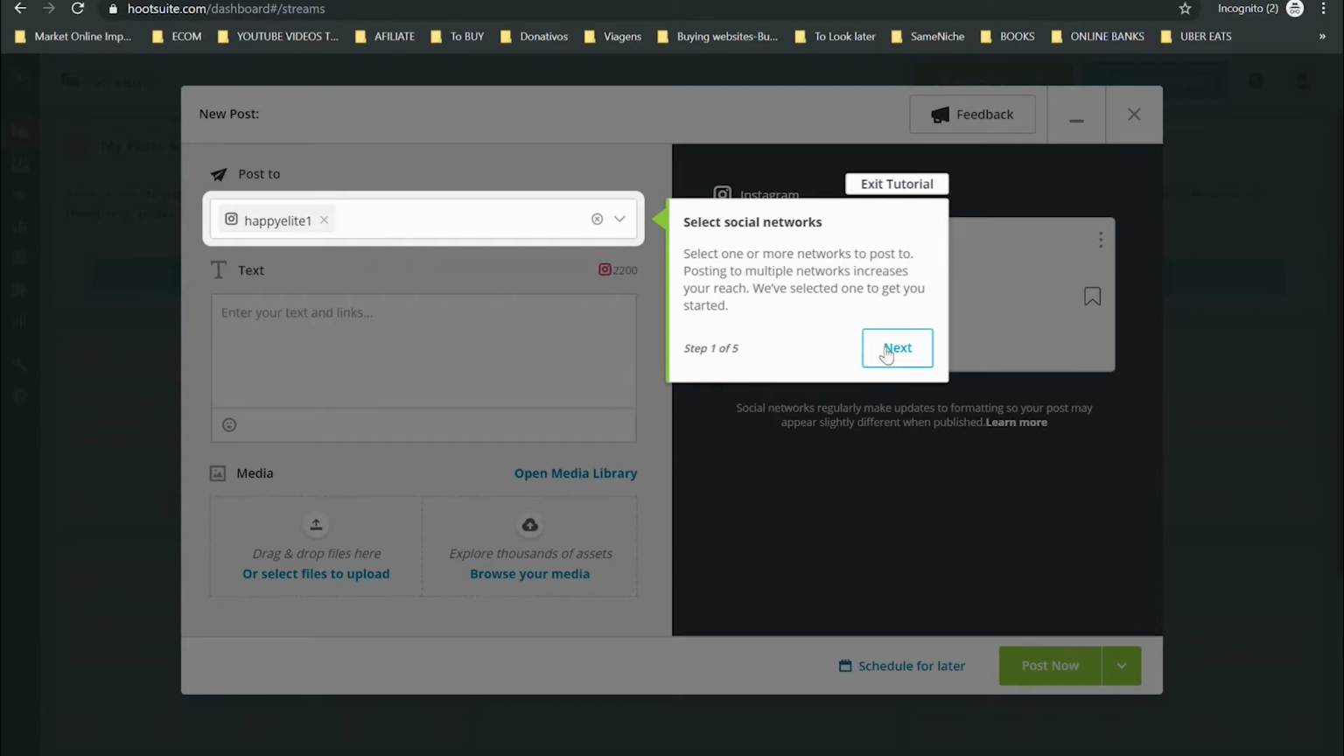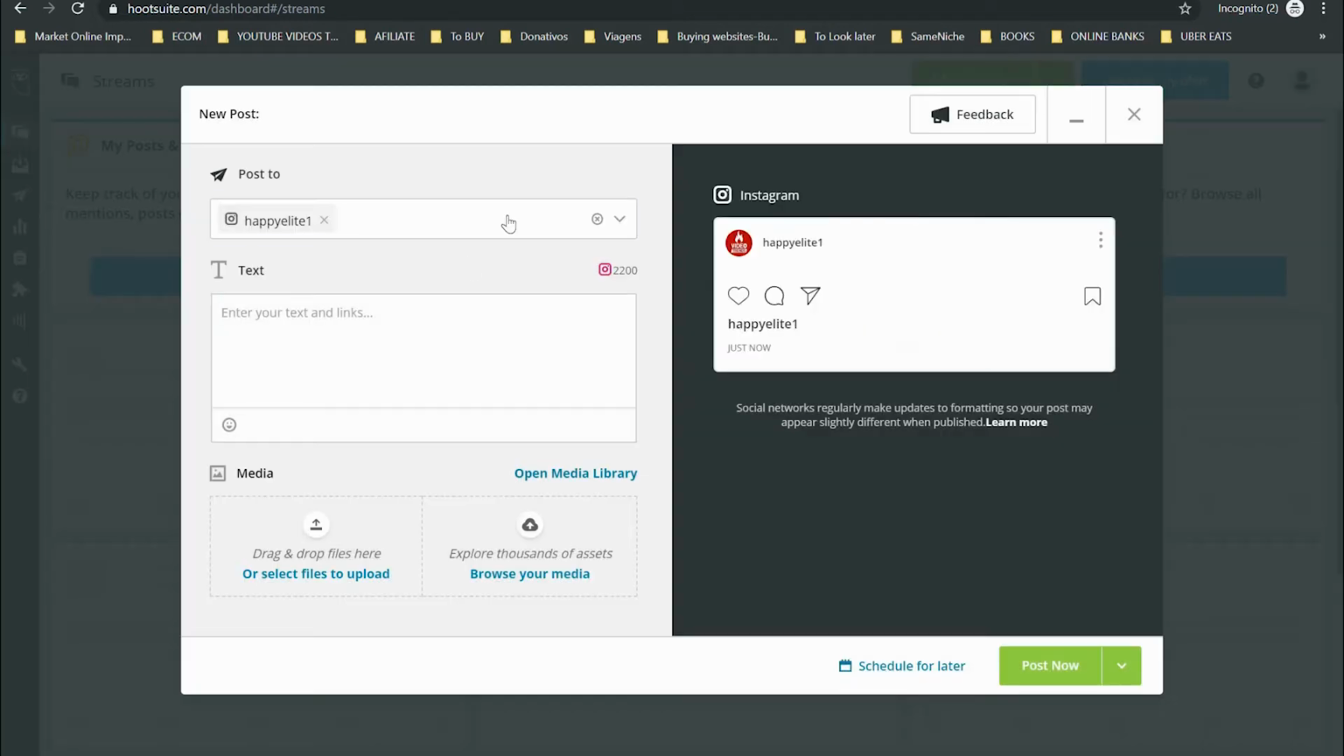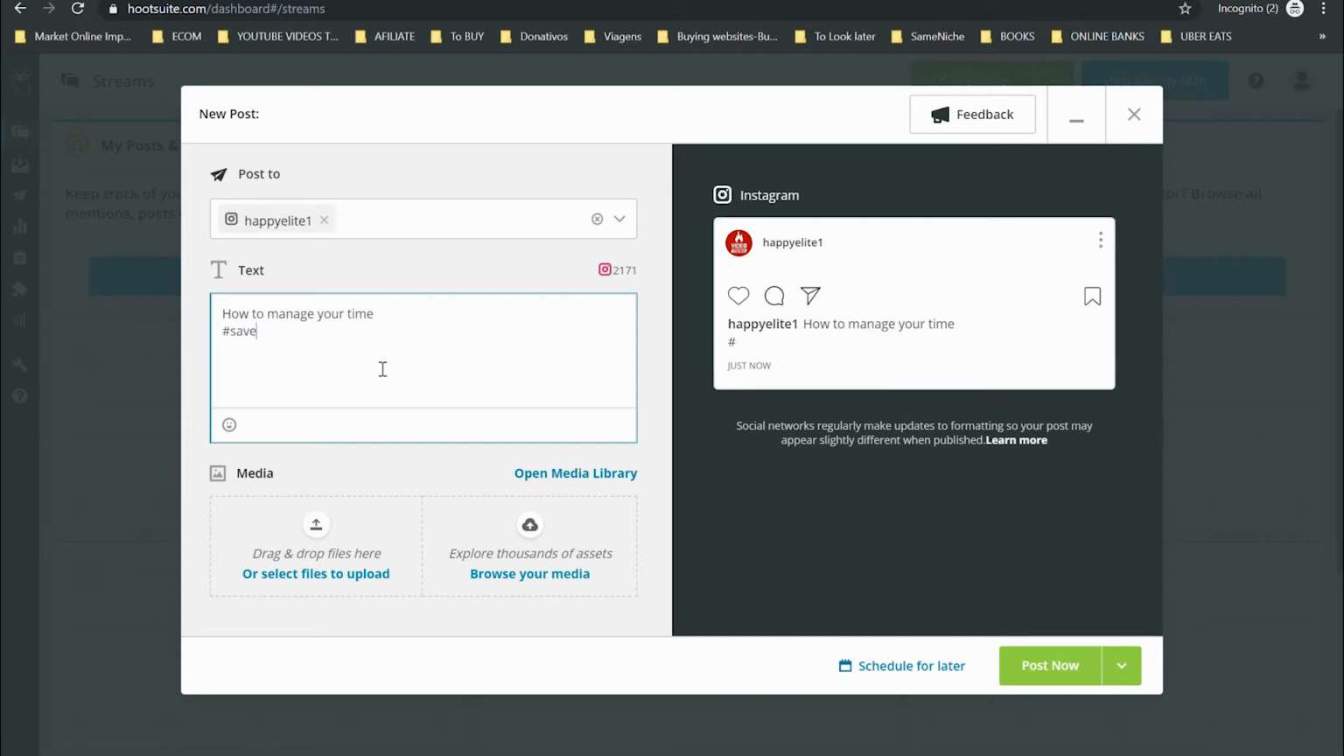all right, you can skip this tutorial, and then put here, let me say, how to manage your time, and then put the hashtags, save life. I have no idea if this hashtag exists. And if you also don't know which hashtag to use for different social media accounts, for Instagram you can check the link below, and I'm gonna go through Instagram first, and then I'm gonna use different accounts so that you can see better how to use